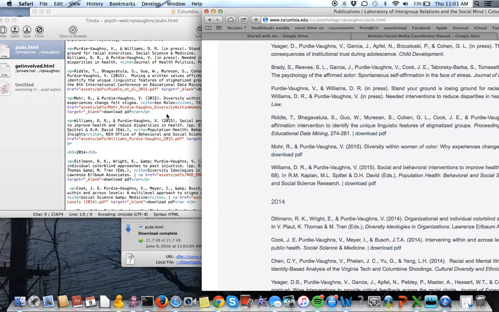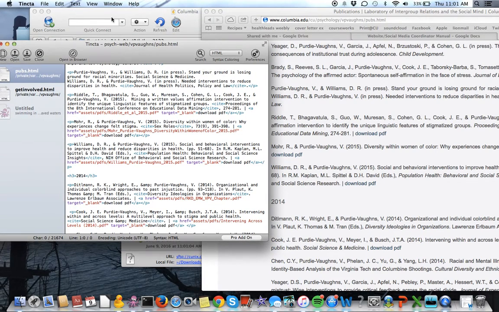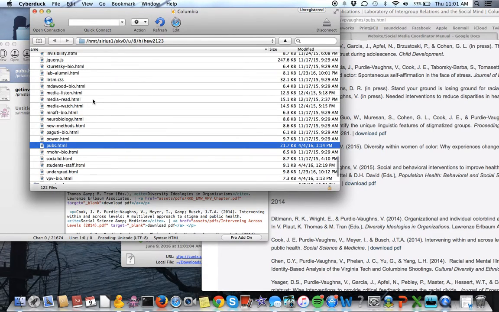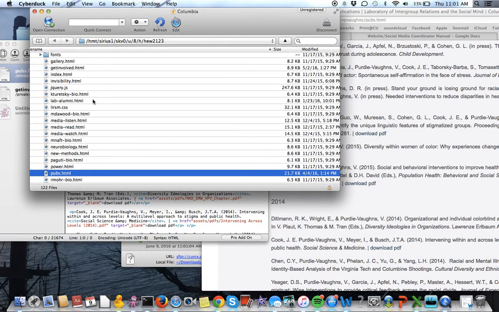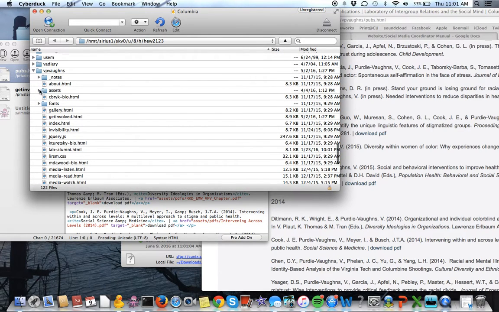Now on Tinkta, what we'll see is this thing. It's a little A href, and then assets, PDF, more Porty-Bonds, and so on. So this basically means that it's grabbing it from the assets section, which if we go back into CyberDuck, under assets,